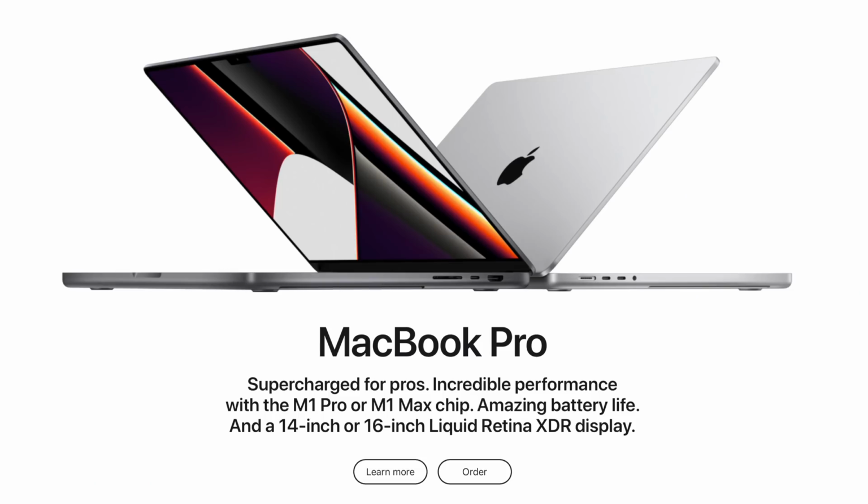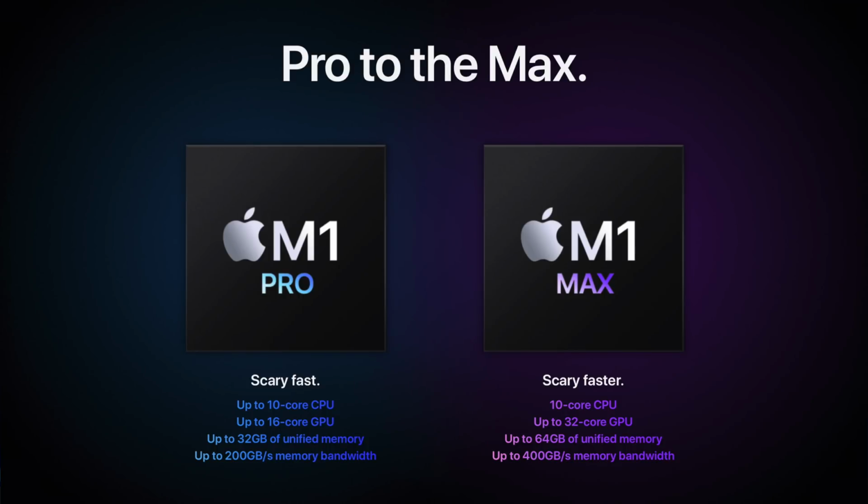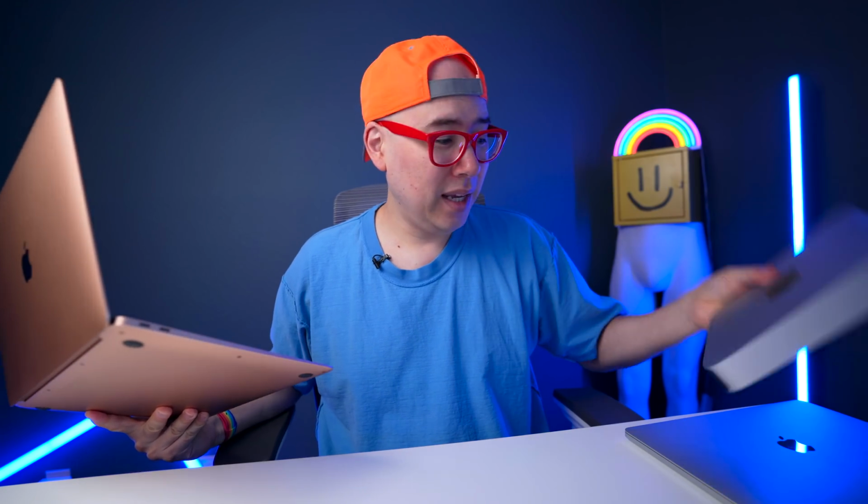Apple announced their new MacBook Pros today, and it is a really exciting moment in the M1 world because this is finally a more advanced chip than their original M1, which was already basically insane. And I've tried out almost every single one of them, from the MacBook Air to the Mac Mini to the